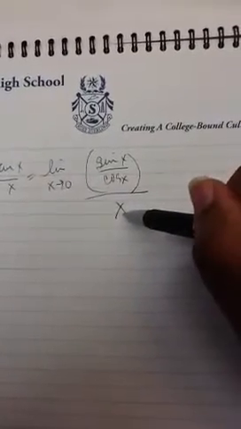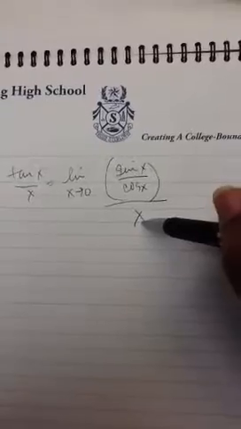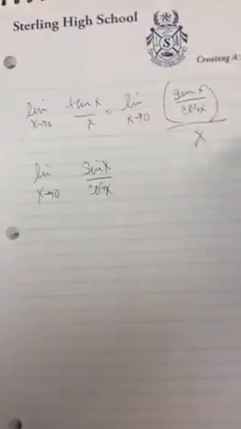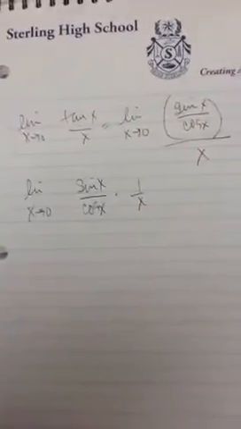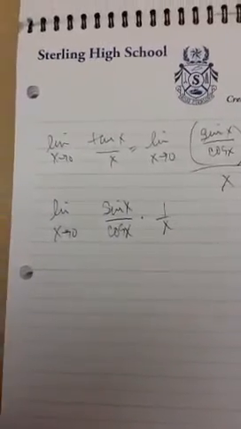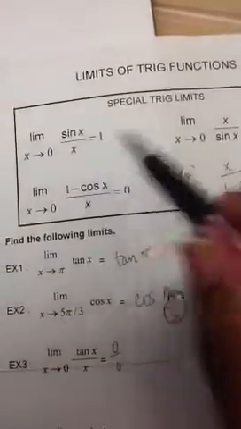Now y'all know when I'm dividing by x, when I'm dividing a fraction, I multiply by the reciprocal of the second fraction, right? That's from pre-algebra. So I'm going to have the limit as x approaches 0 of sine x over cosine x times the flip of x, which is 1 over x, right? So look, one of my trig limits was sine x over x. See that? So if I group that sine x at the top with this x that's at the bottom,